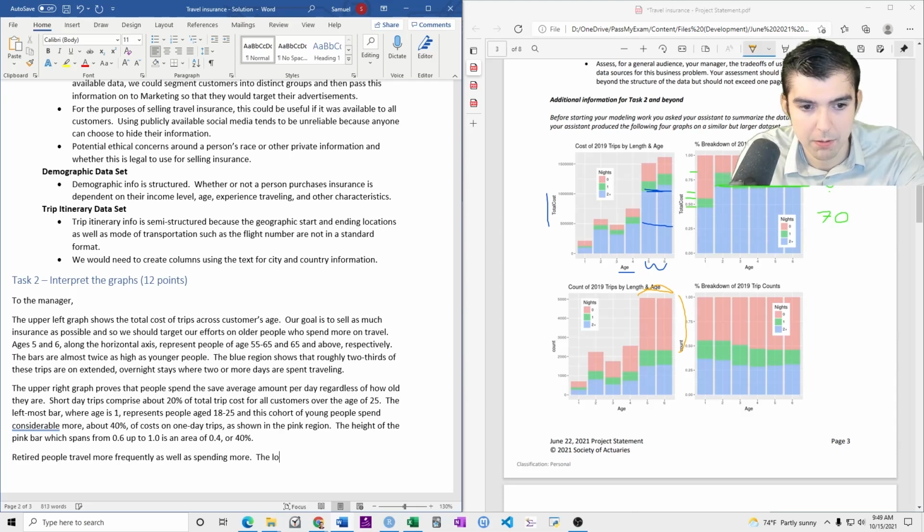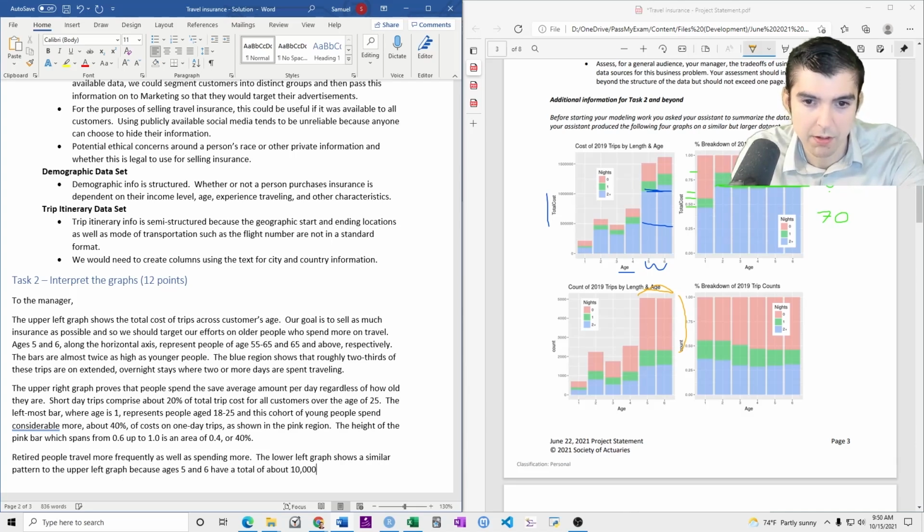The lower left graph shows a similar pattern to the upper left graph, where ages 5 and 6 have a total of about 10,000. See, 10,000, that's 5,000 times 2.